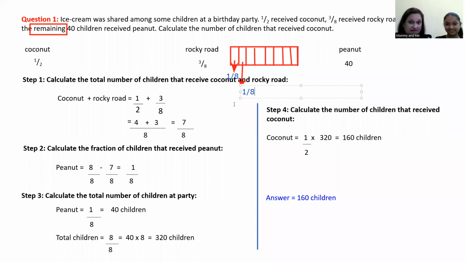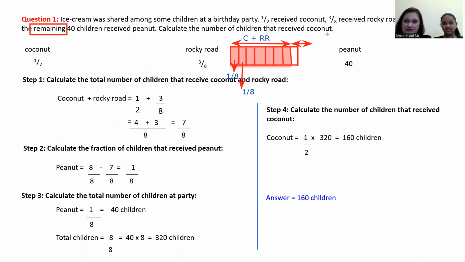So the total, however, is 8/8. So we're going on to step 2. Step 2 says that we have to calculate the fraction of children that received peanut. We know that 7/8 of the children received Rocky Road and coconut. So 7/8 of the children received, and for short, we'll put C for coconut and R for Rocky Road. And the remaining amount would receive,